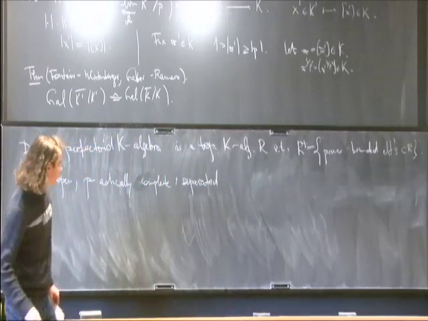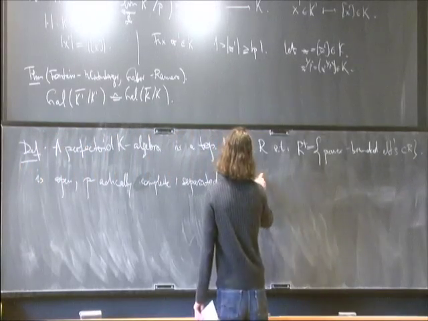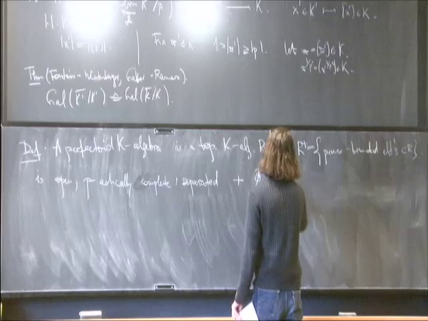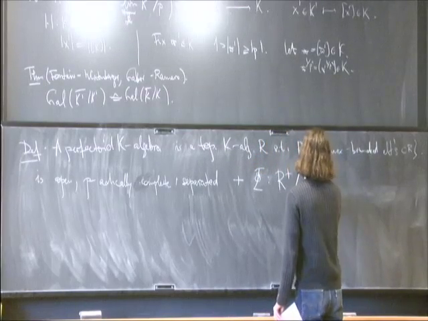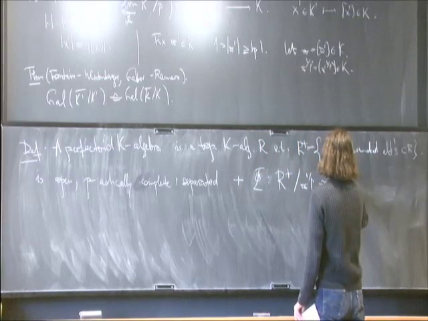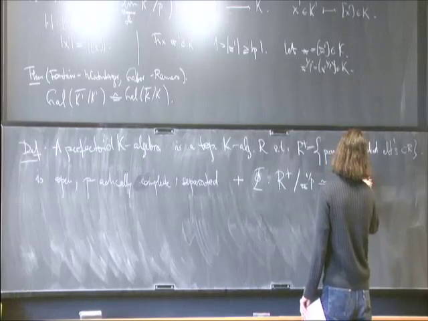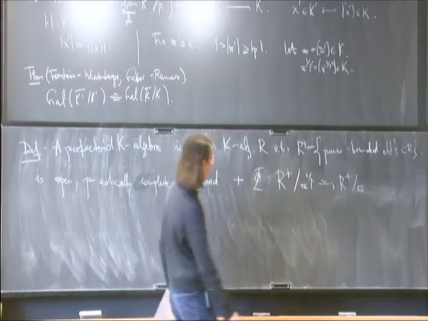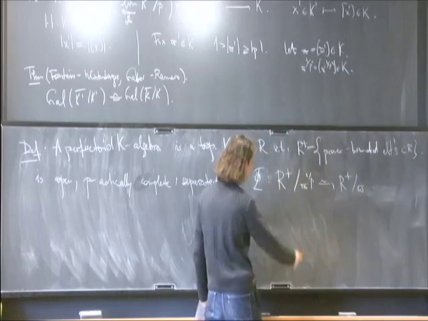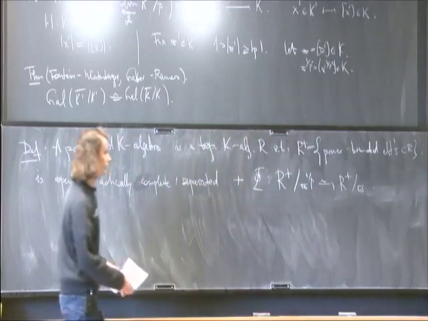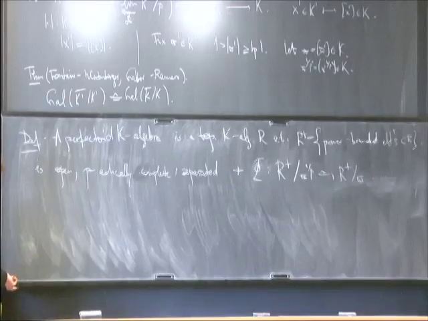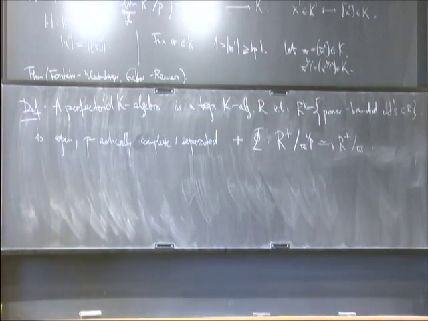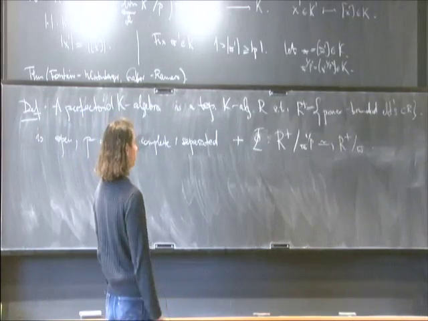And additionally, we require that the Frobenius induces an isomorphism of R plus mod pi to itself mod pi to the p. It's surjective on R plus mod pi, but additionally, I require that its kernel is already generated by the p-th root of this uniformizer, which is sort of the minimal possible. Okay, and